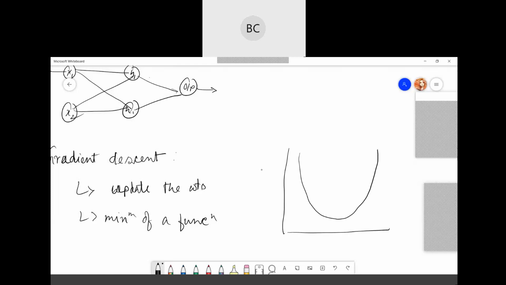Remember for your network, we have three updatable things, two weights and a bias, correct? Then we have another thing, the learning rate. Gradient descent updates your weights with the help of your learning rate.